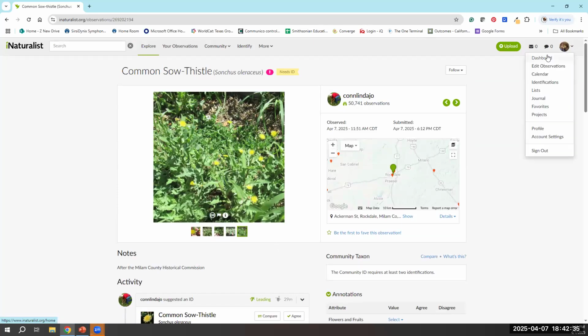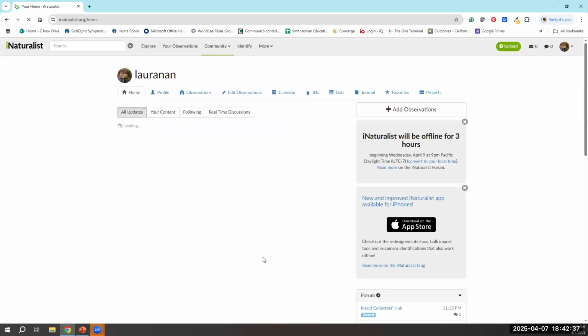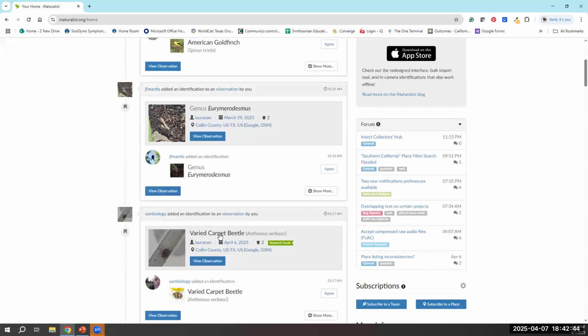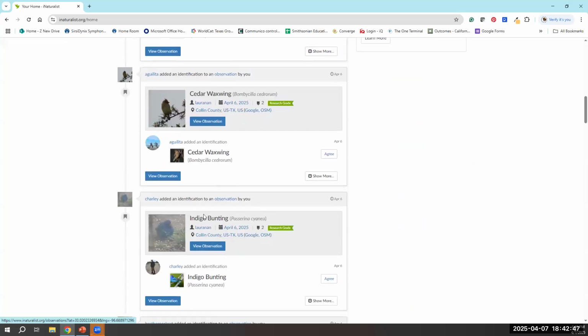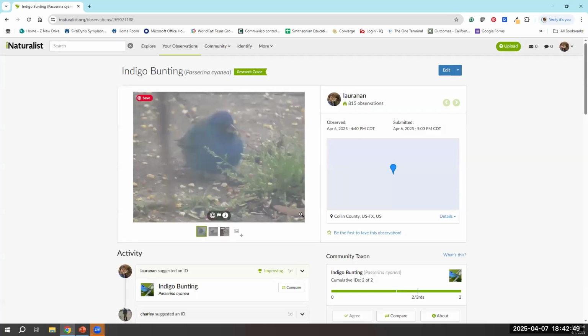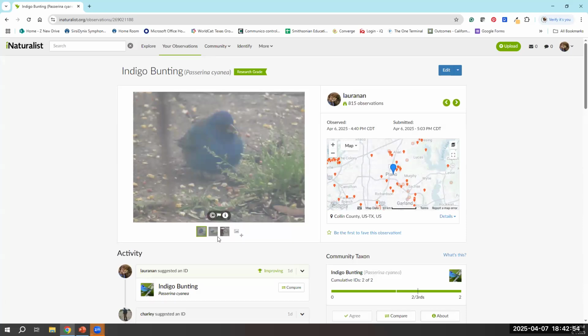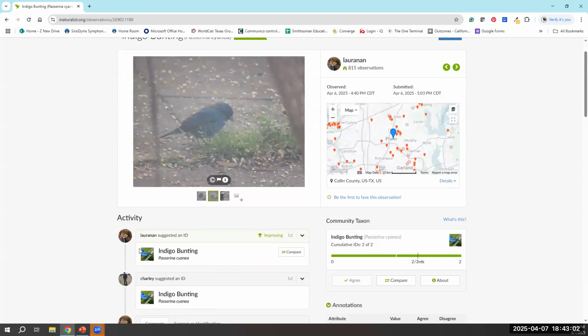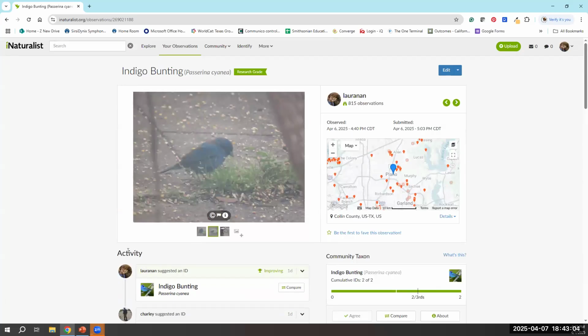And just to show you a recent observation I posted, sometimes you're just so excited, but you don't really trust yourself. You're like, what if I'm wrong? Don't get too excited. That was the case for me this weekend when I saw an indigo bunting. I was pretty sure, 99.9% sure I saw an indigo bunting, but I don't feel like I'm an expert, so I needed someone else to confirm. And as you can see, someone said, yes, this is an indigo bunting, which was a very pleasant and exciting surprise for a cold, dreary Sunday.